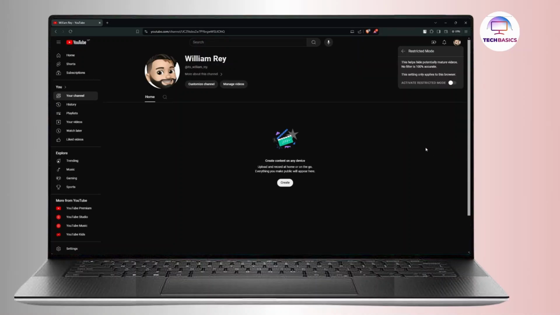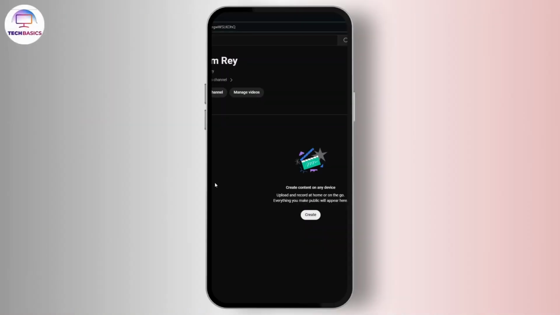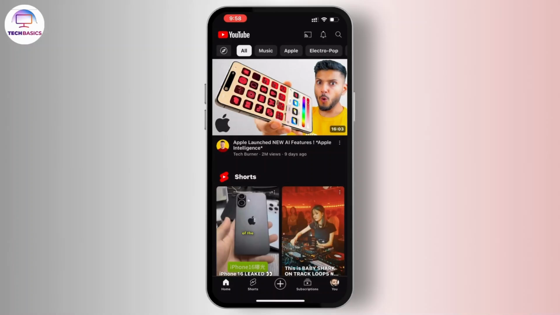Note that the setting is specific to this device, so you'll need to repeat these steps on other devices if necessary. Now moving to the mobile app, open the YouTube app on your device and tap on your profile icon